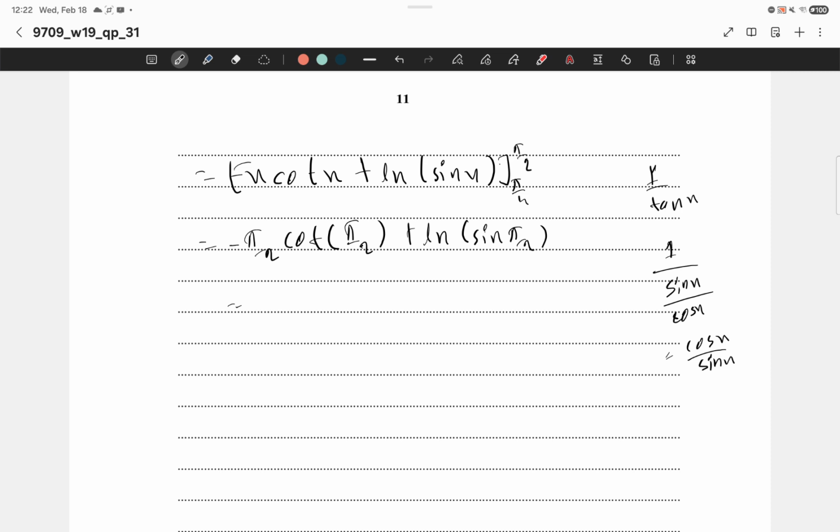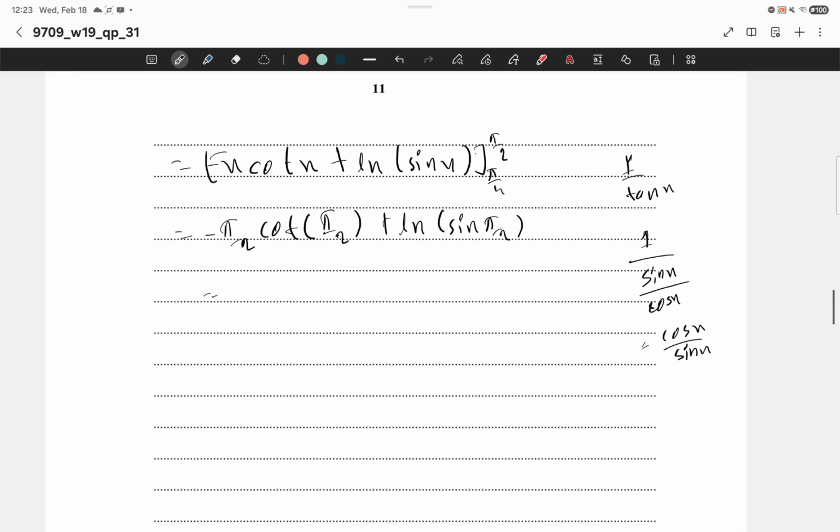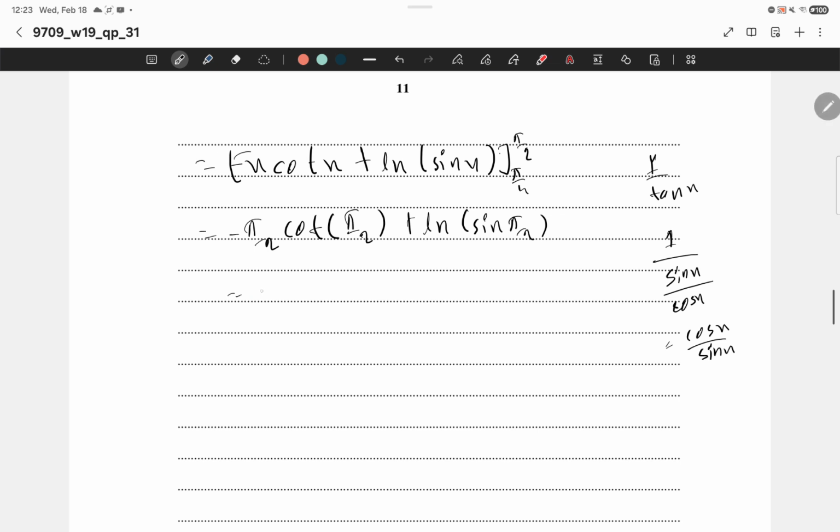So cot pi by 2 is 0, and sin pi by 2 is actually 1. So 0 plus ln 1 is actually 0. And if we put pi by 4,